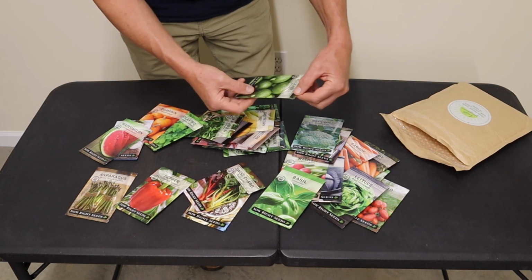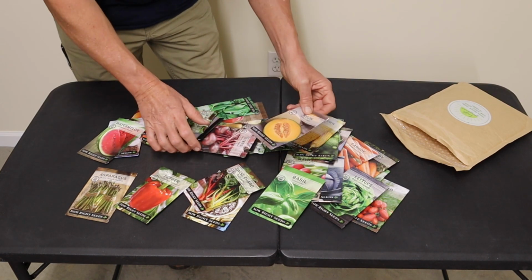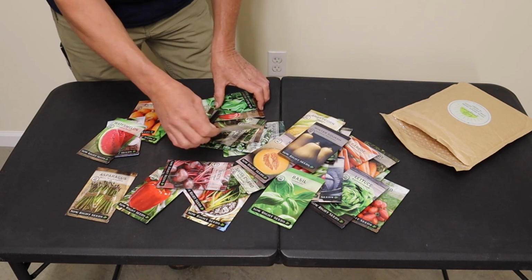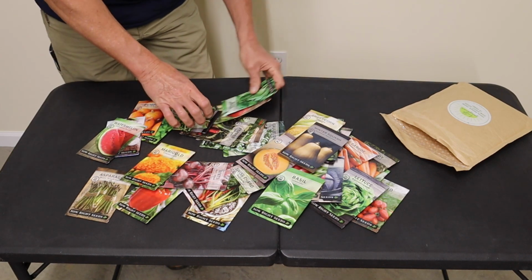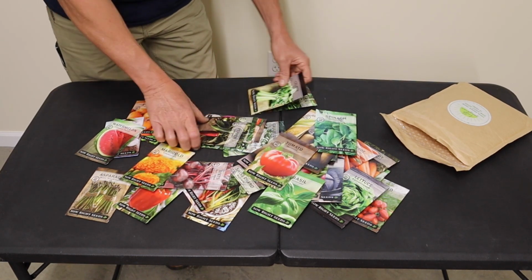broccoli, we got these cool looking zucchinis around. We got sweet corn, we got melons, beets, what is this, winter squash, these are the butternut squash, marigolds, these are very good for pollinators that come around for your garden, tomatoes, basil, or no, I'm sorry, spinach, arugula, celery,